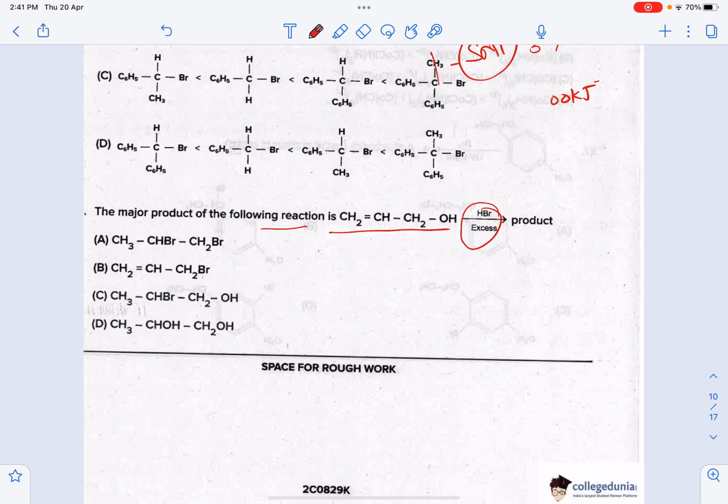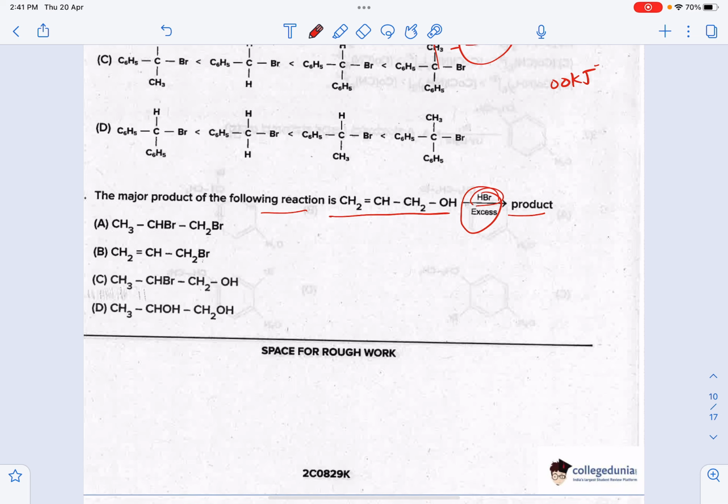This reaction has HBr in excess. If HBr is taken in excess, first of all OH will be released from here and it will be attached by Br, and this will be CH2. One molecule of water is released from here and Br attached here, but it is clearly written that HBr is in excess, so it will attack here also. There is no peroxide, so